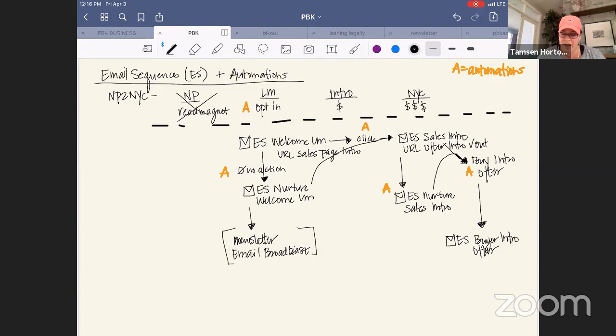But for the person that never does this action, then your newsletter, your email broadcasts will include them because you're still nurturing people. You're still providing opportunities. So as I write these emails, I'm going to include the URL for my sales intro.